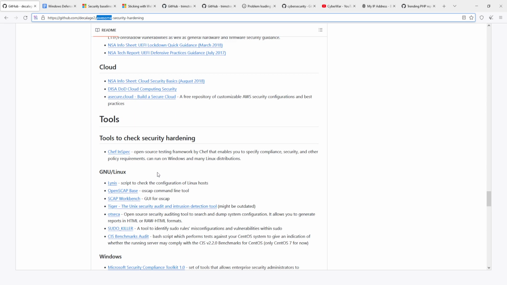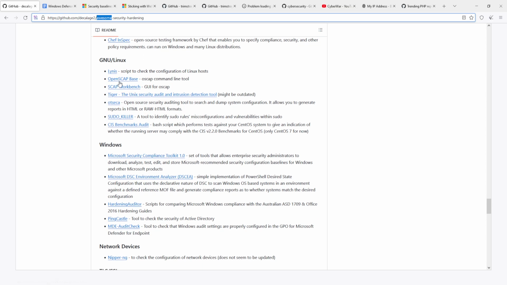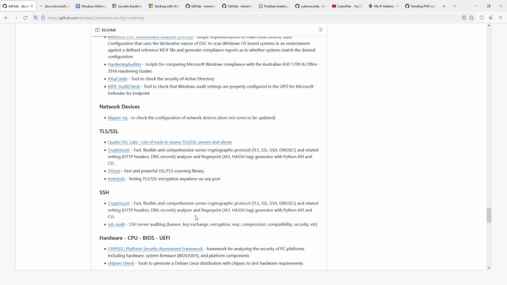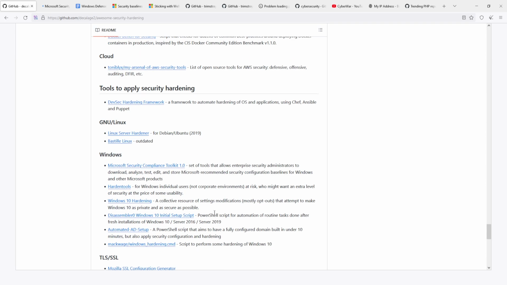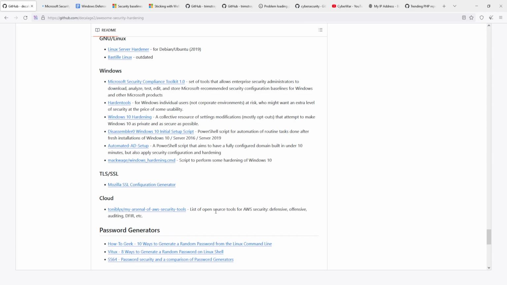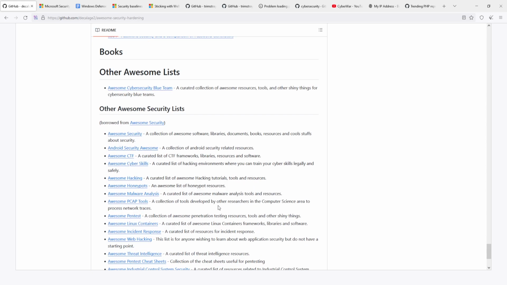Benchmarks for all kinds of things, tools. It gives you tools for each category. All right. Now, as I said, I'm gonna put this in the description of the video. So